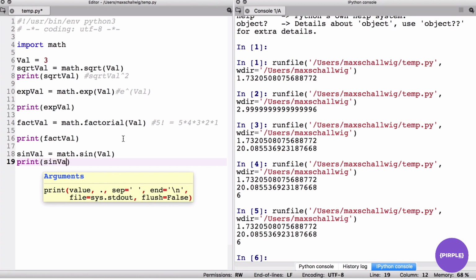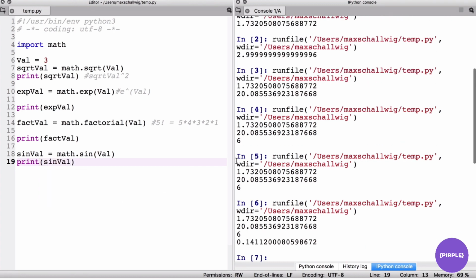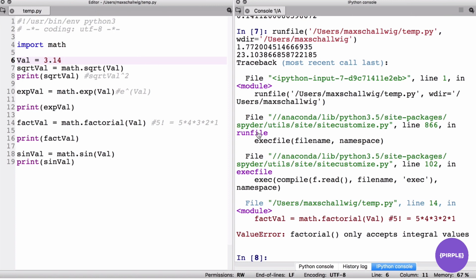So let's print out the sine val. And if we run our code, we see we get a value of, well, close to 0. So we're looking at the value of 3, which is very close to pi, so 3.14, and the sine of pi is 0, so we expect a value close to 0. So if we make this 3.14, for example, which is even closer to pi, okay, well,